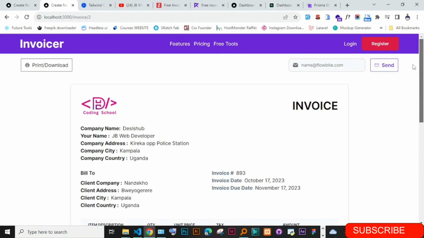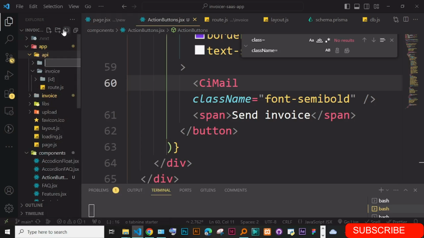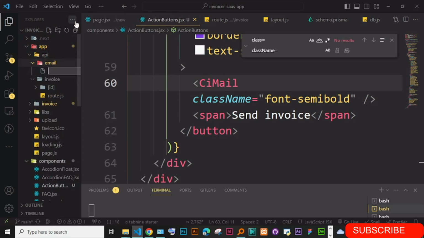Okay, so now we have to create an endpoint for this. When someone sends, we have to send something. We have to get this email and we set it ready. So I'm just going to create an endpoint. Inside the API we have invoice, and inside the API I'm just going to create a new folder called email. Okay, so you could call a folder called email or send email or whatever, but you just call it email. And inside the email, let me write